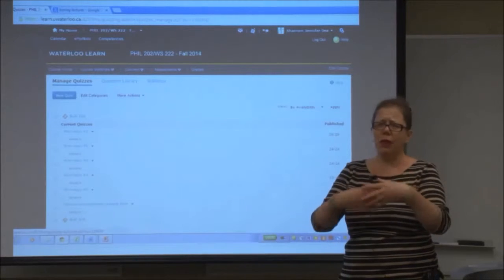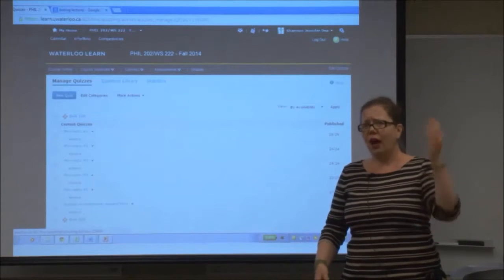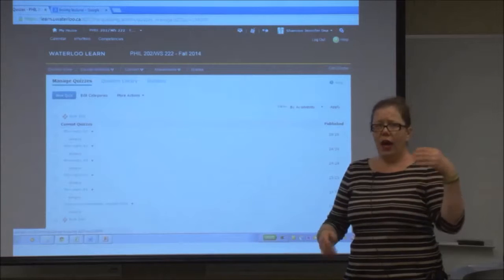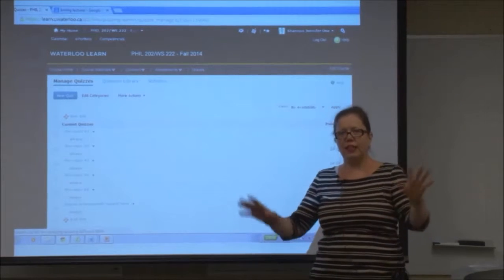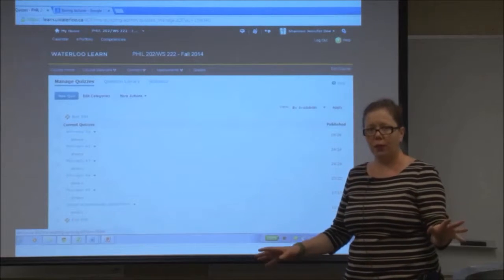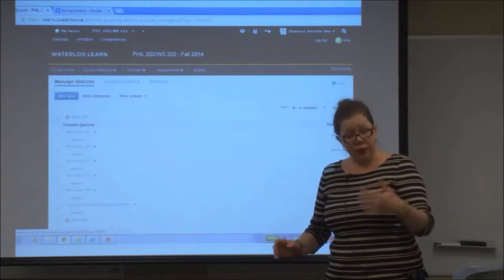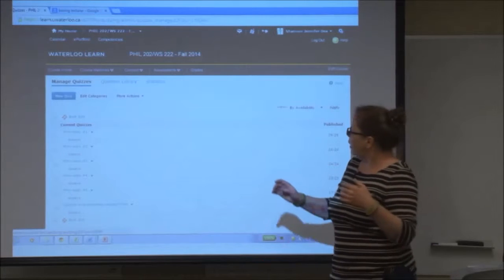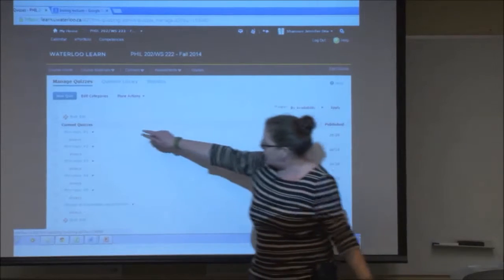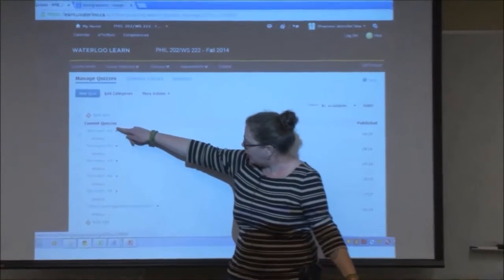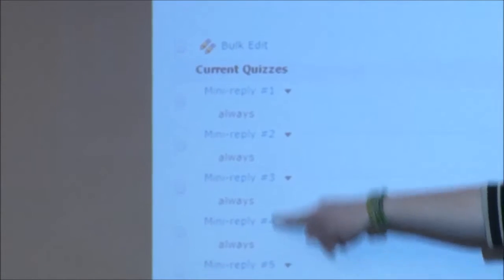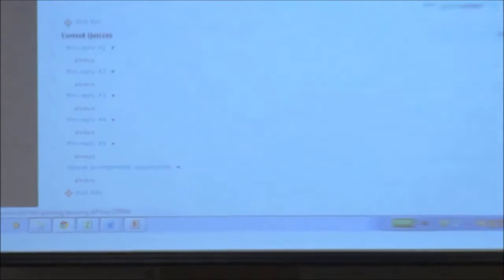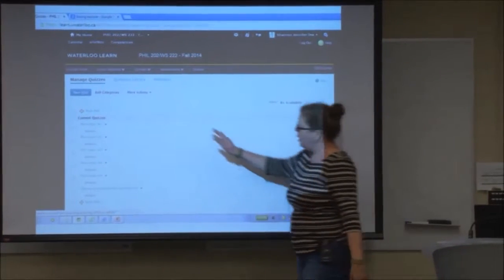And I don't even want them to have to remember in advance what the questions are. I just want them to take the quiz and be prompted by the questions to think about the reading. So I want to make it as easy and as quick for them as possible. I also make it really flexible for them. You'll see that it's kind of faint here, but I just call them mini replies. I make them in this course do over the whole term 5 different mini replies, but they can do any 5 readings they want.